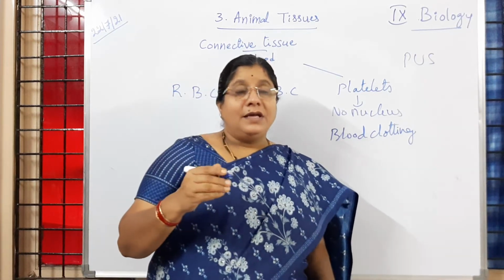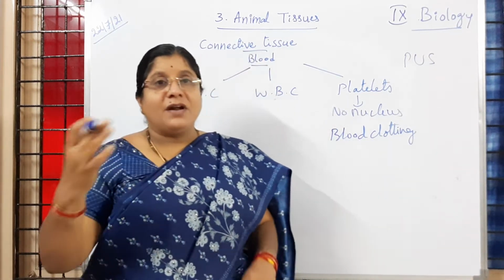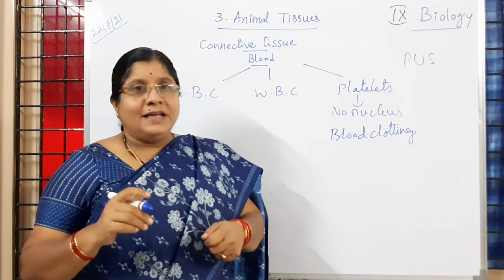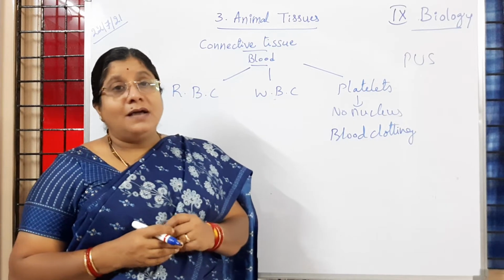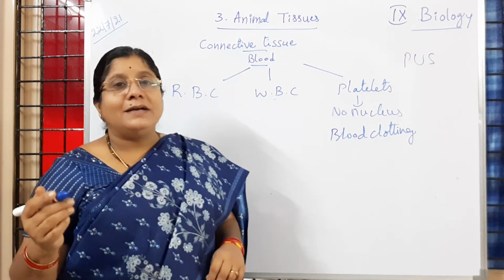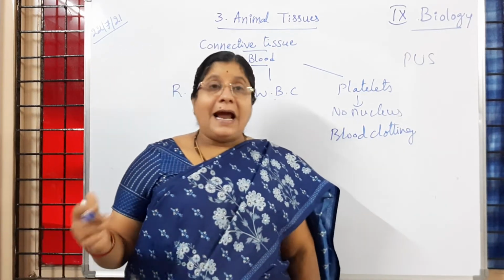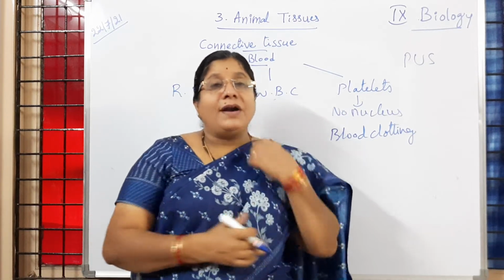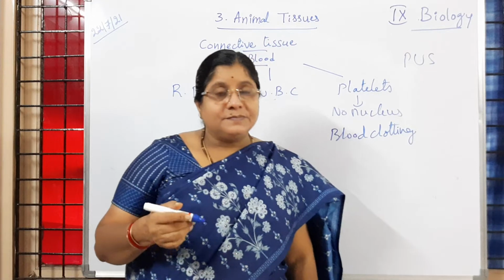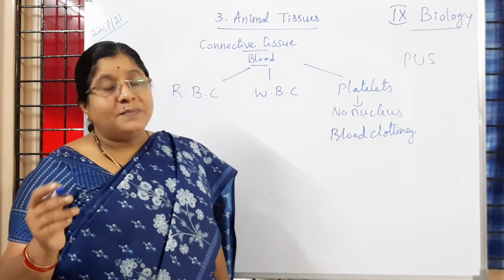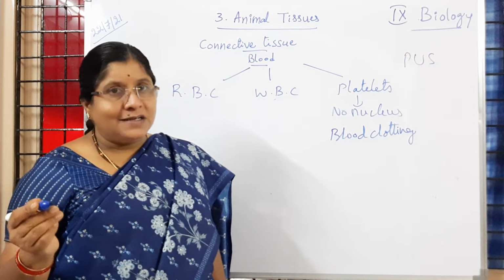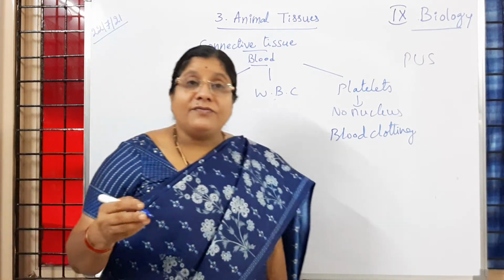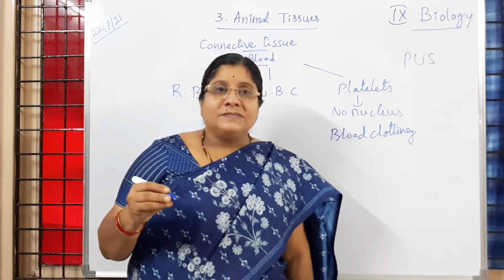So even you also might have observed whenever you are playing or jumping. When you are cycling, by chance if you fell down, you are going to observe your hands and legs may have got injury. Wherever you got injury, you will be observing bleeding. After a few minutes, the bleeding will be stopped. Is it not? Have you observed? Yes. So how is that stopping of bleeding happening?